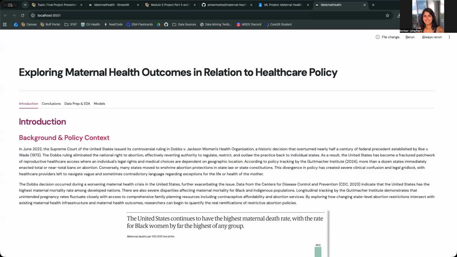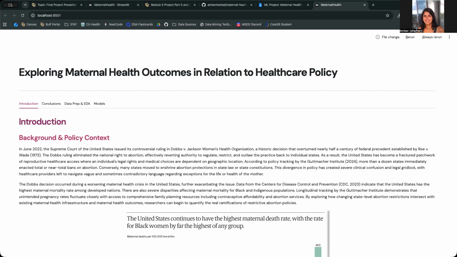In the wake of that decision, many states in the country did move to pass total or partial bans on abortion and even criminalize abortion in certain circumstances, whereas a different cadre of states went the opposite direction and actually enshrined abortion rights in their state constitutions or legal codes.